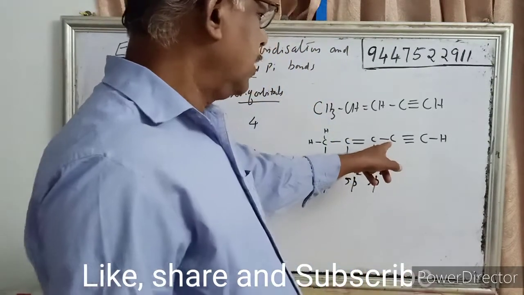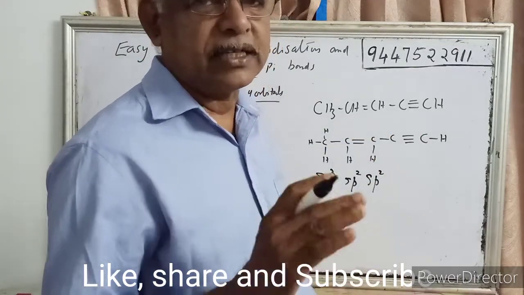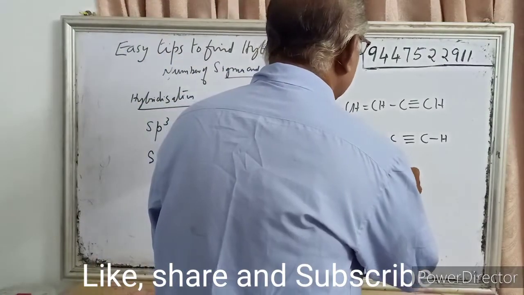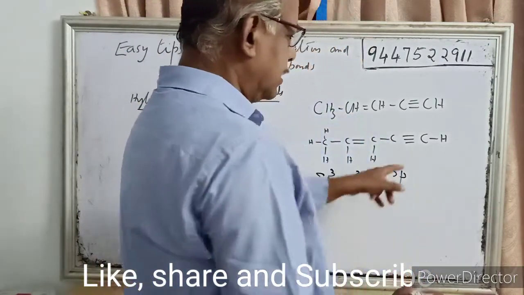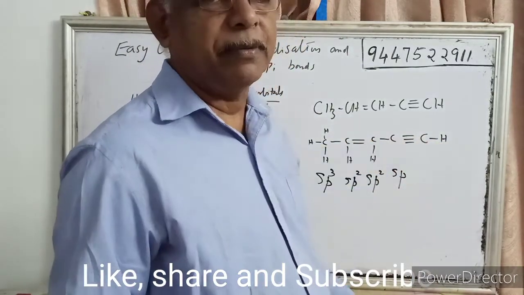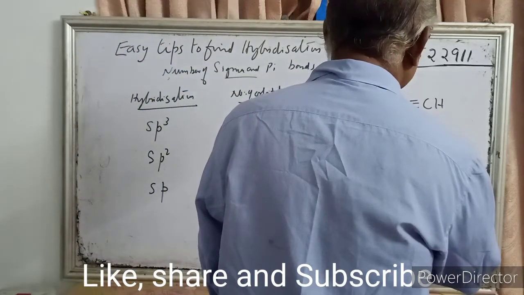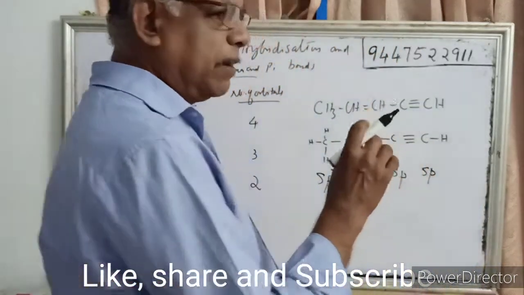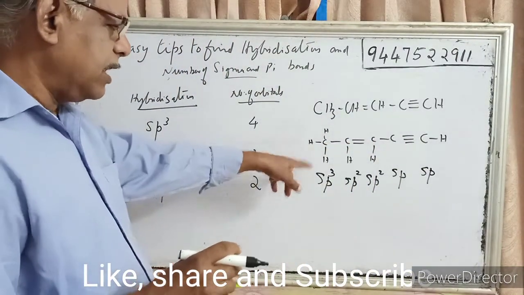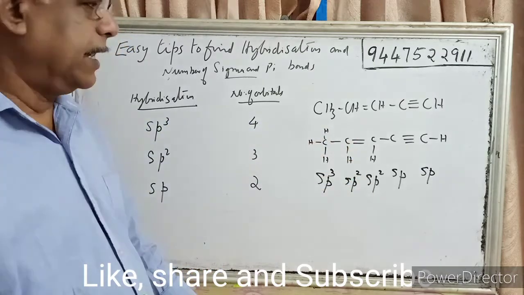Here this carbon has one bond to this carbon atom and one bond to this carbon atom. That's the minimum bonds required, so only 2 bonds. So this is an sp hybridized carbon atom. And the last one has one bond with the hydrogen atom and one with this carbon atom. The minimum requirement is only 2 bonds, so it is undergoing sp hybridization. So the minimum number of bonds required gives the hybridization: 4 is sp3, 3 is sp2, and 2 is sp hybridization.